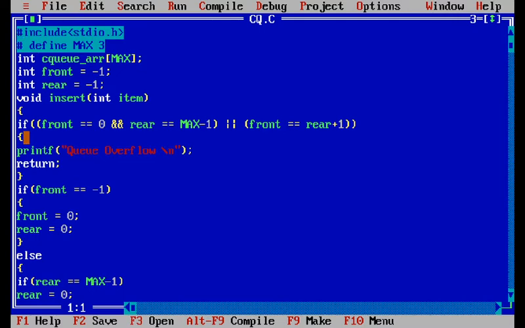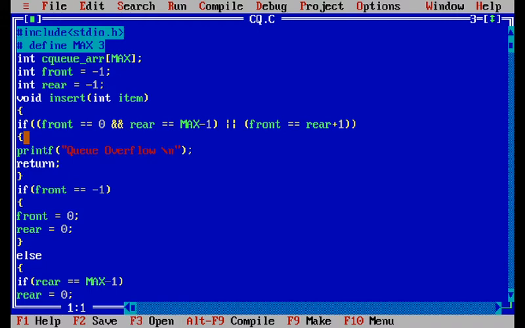When we write the circular queue program, we follow the algorithm, and from that algorithm we write the program. When we insert an element into the circular queue, first we check the overflow condition of the queue. If front equal to 0 and rear equal to MAX - 1, or front equal to rear plus 1, then we say that the queue is overflow.